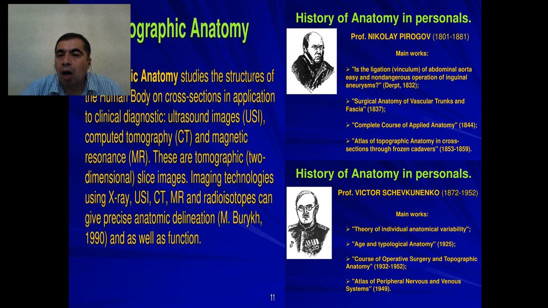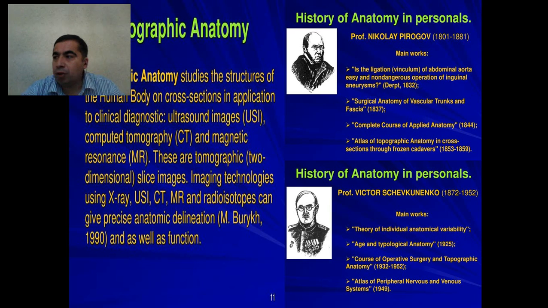Complete course of the applied anatomy and the atlas of topographic anatomy in cross sections through frozen cadavers. It's the main work of Professor Nikolai Pirogov. And one of the prominent topographic anatomists was Professor Viktor Shevchenko. The main works of Professor Shevchenko are the theory of individual anatomical variability,